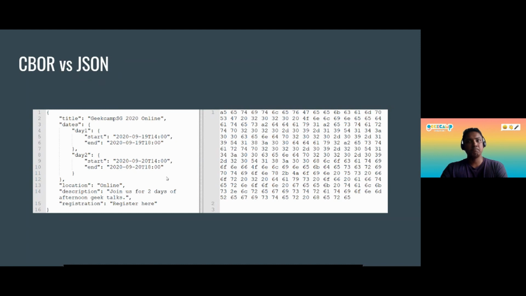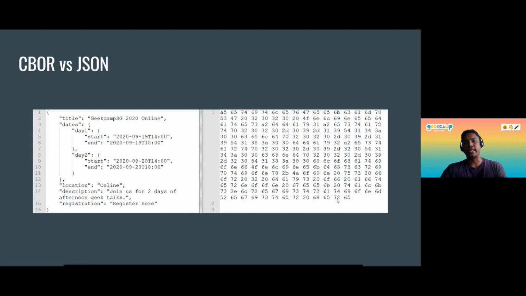But indeed, this is not human readable, and that's why we say this is for machine-to-machine communication. It is not really suitable for you to look at the raw data and do some debugging. You cannot do that.